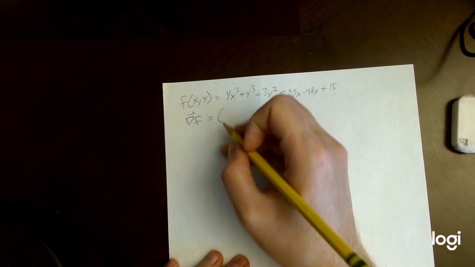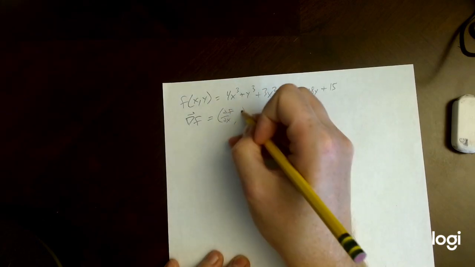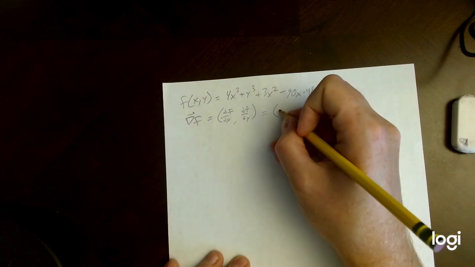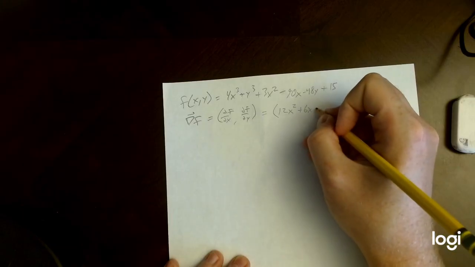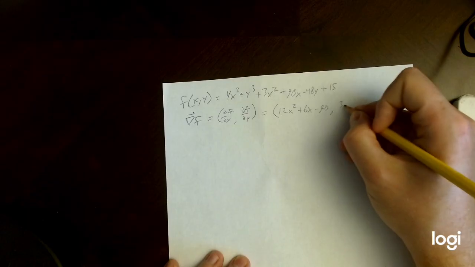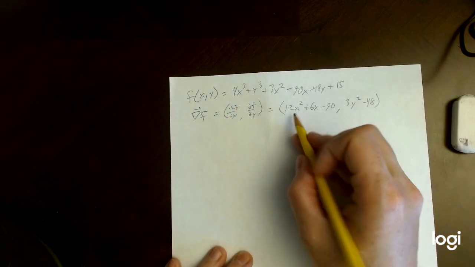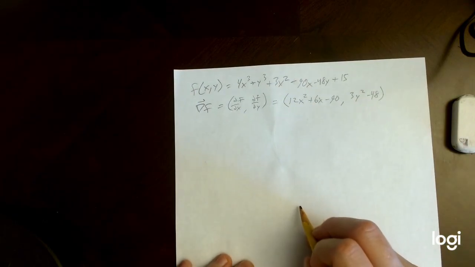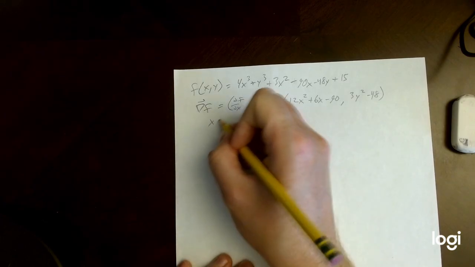f, remember it's a vector with two components being df/dx, df/dy, partial derivatives, was 12x squared plus 6x minus 90 for the first component. The second component was 3y squared minus 48. And we had found, by setting each of these derivatives equal to 0 in the first derivative part of this test, that this gave us a few roots at x equals